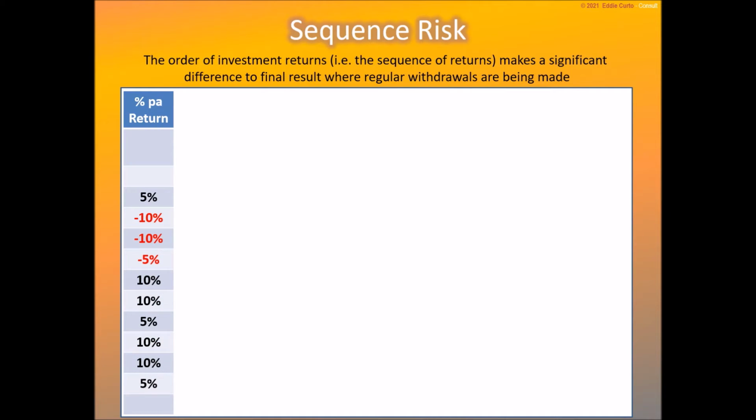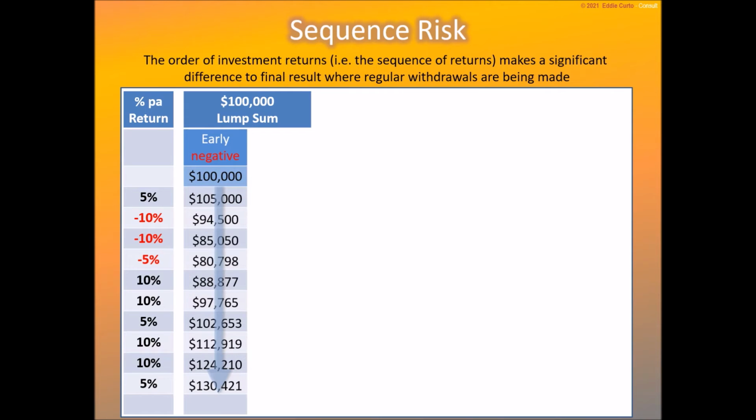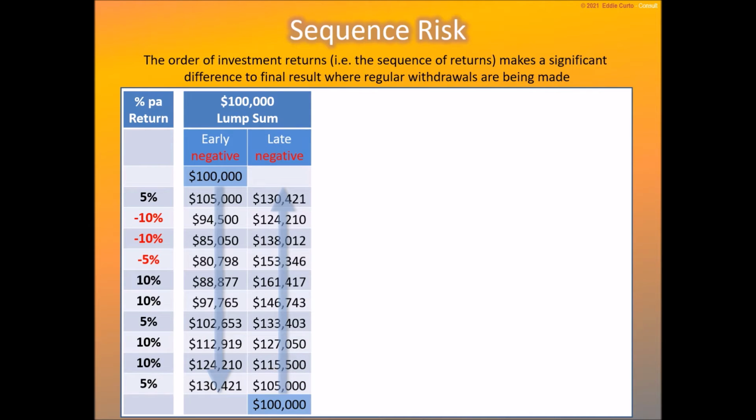We have here displayed 10 years of investment returns where we have 3 negative returns in the second, third and fourth year of a sequence of 10 years. Let's look at the effect of a $100,000 lump sum being invested. Starting at the top of screen with $100,000, participating in each of the investment returns, we end up with a result of $130,421. If we reverse the sequence, so we have the same investment returns, but occurring from the bottom of the screen working upwards, we have 3 out of the last 4 investment returns being negative, we end up with exactly the same final result of